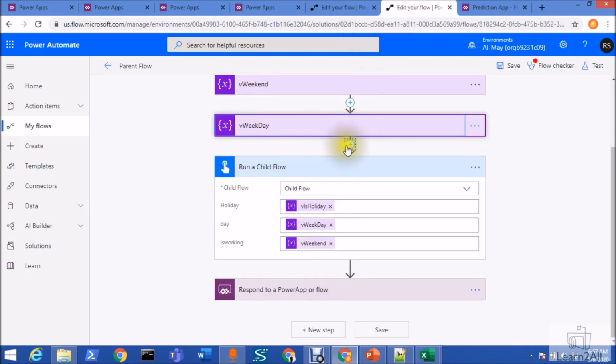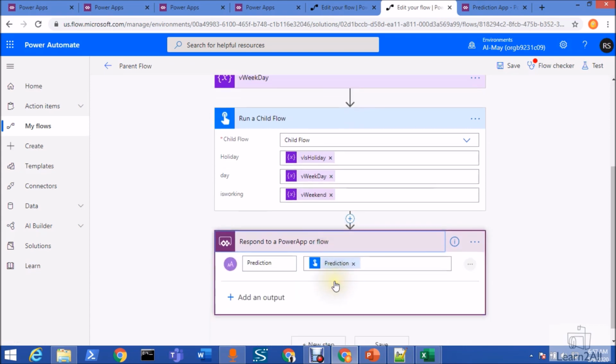Now add an action in the parent flow, that is run a child flow, and pass all of these three parameters from this parent flow, and the child flow would respond to my parent flow. Define all of these three parameters and pass them to the child flow. My child flow will respond to my parent flow, and I am storing this output in the prediction variable, which is the outcome that is coming from this child flow.